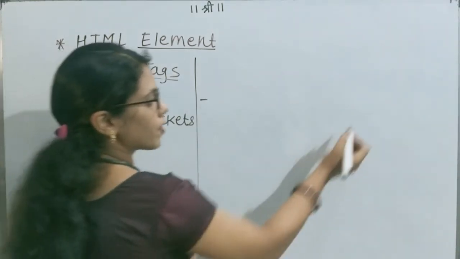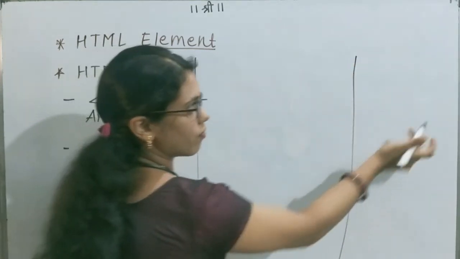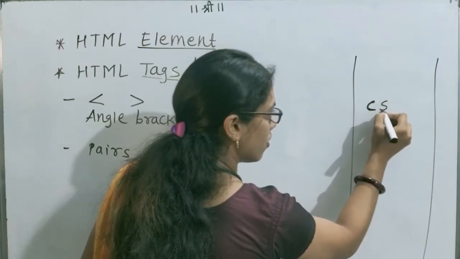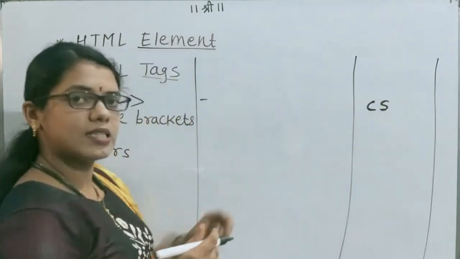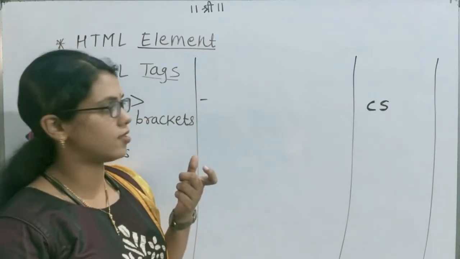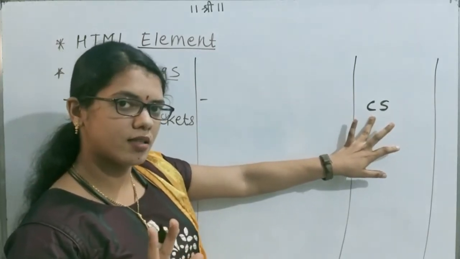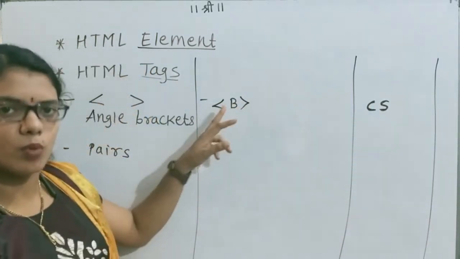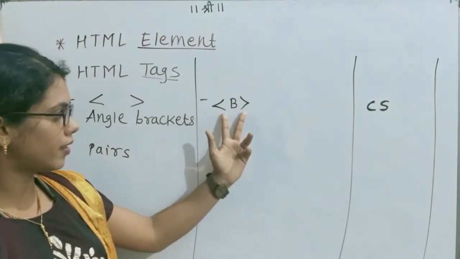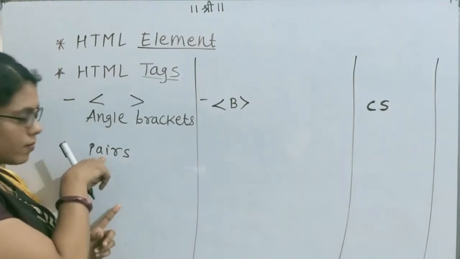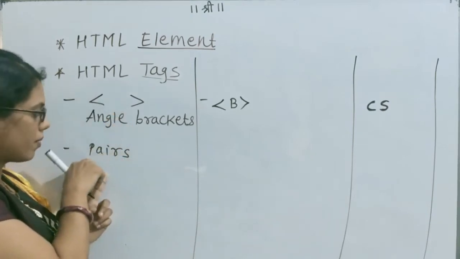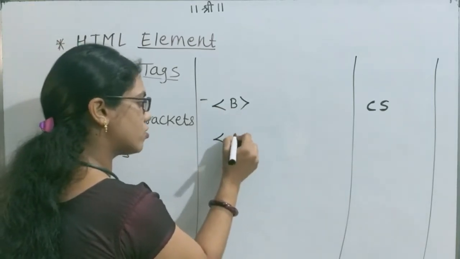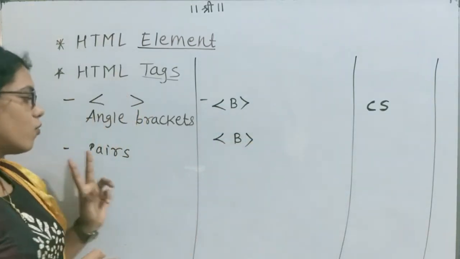For example, this is our website. We have to display CS text in bold font. We want to display the word CS in bold. To display in bold, for now I tell you the B tag is present. B means bold tag. So the B tag, but the rule explains almost all tags of HTML come in pairs. So the first B tag means the second tag is also a B tag. But see what happened here.